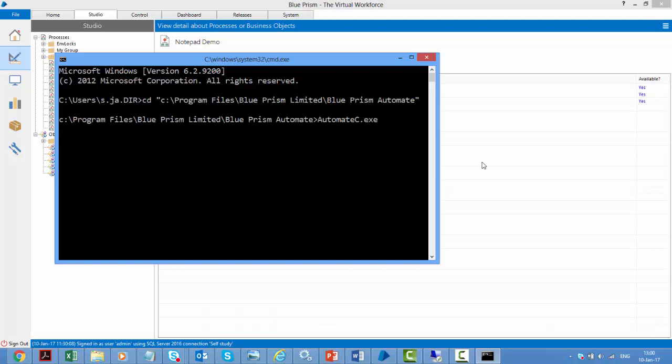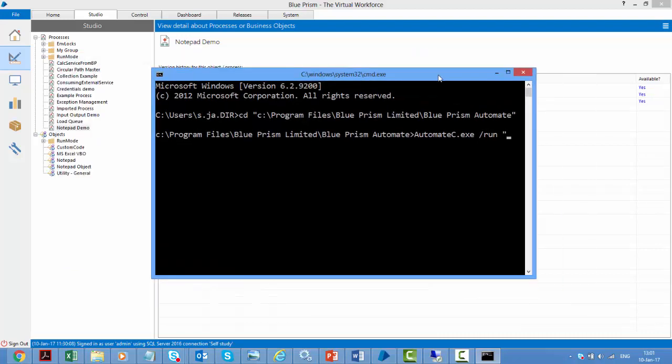C stands for command line, and we'll give a flag of run. I want to run my notepad demo, and credentials which are required to run this are admin user, and the password is also admin. So when I run this,